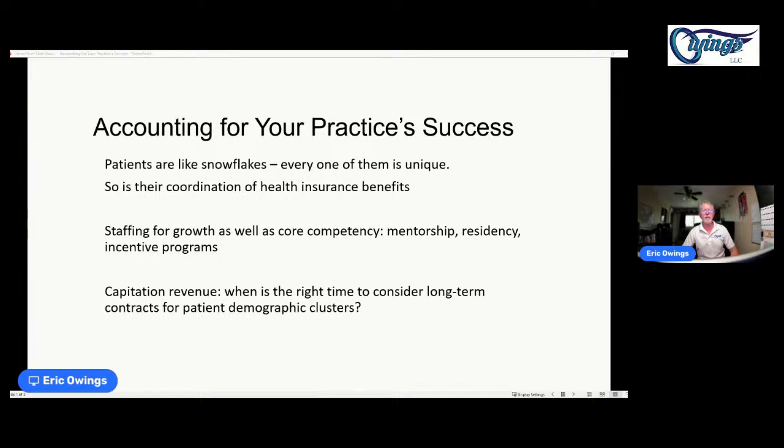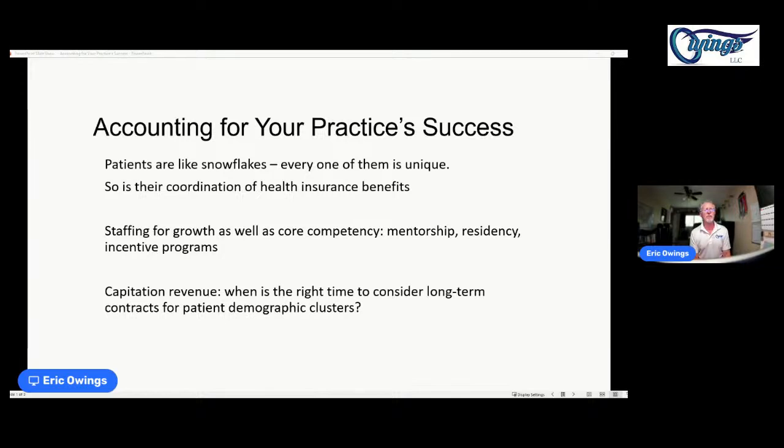And I'm here to tell you that they're actually doing that on purpose. The longer that a large entity worth millions of dollars can hang on to a dollar, the more money they make from it. So they would vehemently deny that if you ask them, but it's true. They're going to pay at the very last possible legitimate minute, and that's just the way it is. Life is like that when you're dealing with large companies. So everybody's unique, and dealing with claims management, of course, is always an issue.